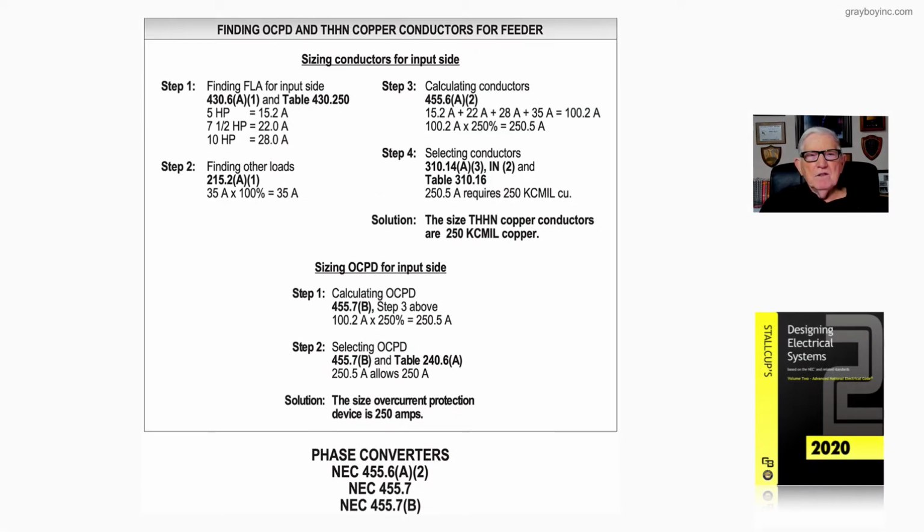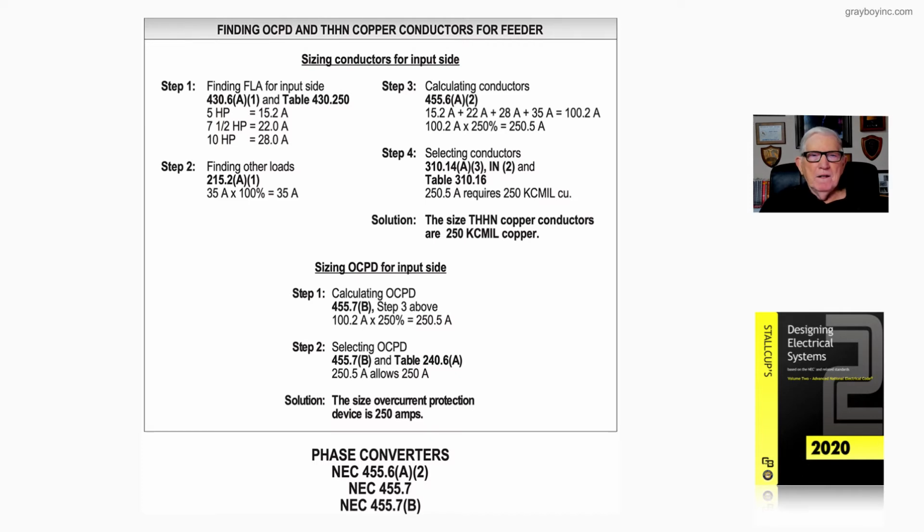Figure 18-73 shows finding the overcurrent device and the THHN copper conductors for the feeder. Now, notice in your step 1 over to the left, top hand side of the boxed in information, 430.6(A), again, because we have motors involved, refers you to Table 430.250 to obtain the full load current ratings of these motors, and not the nameplate, as required in